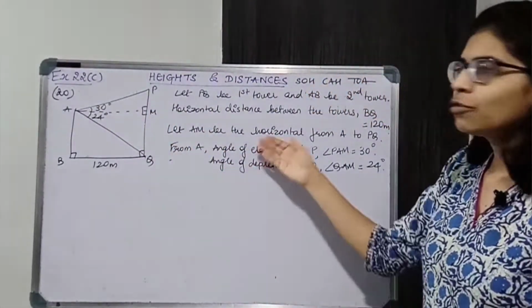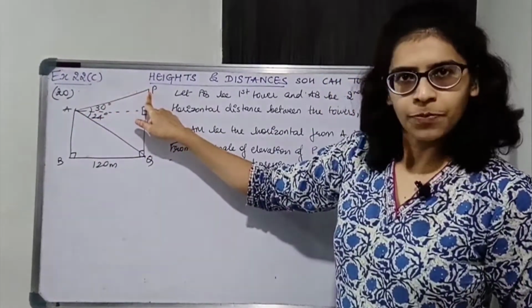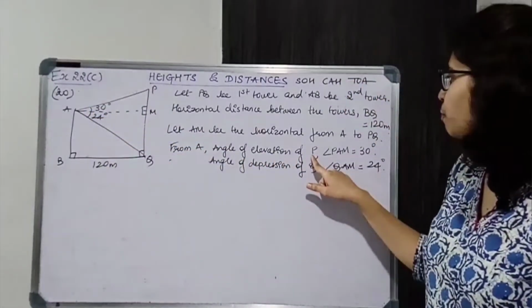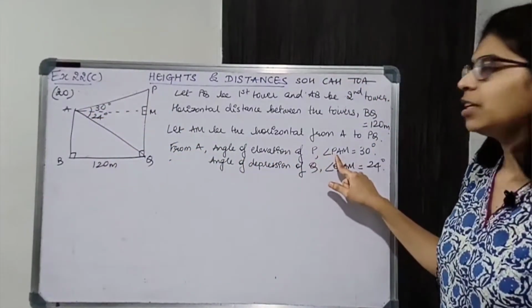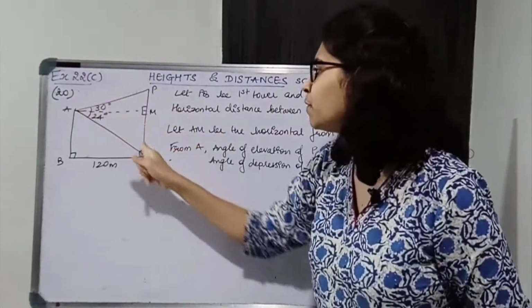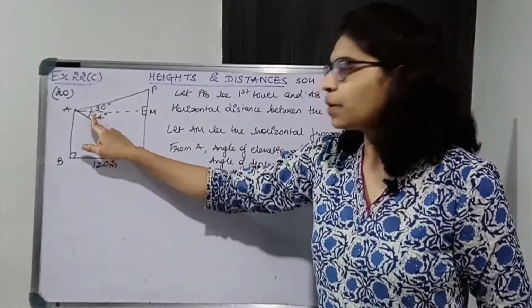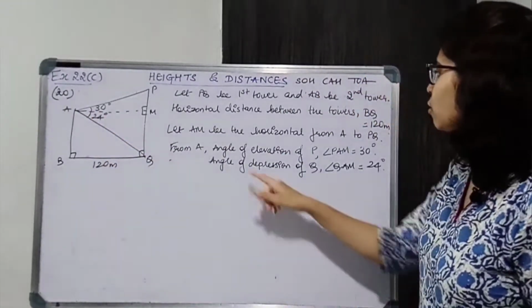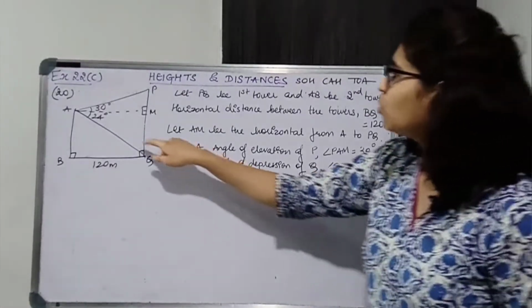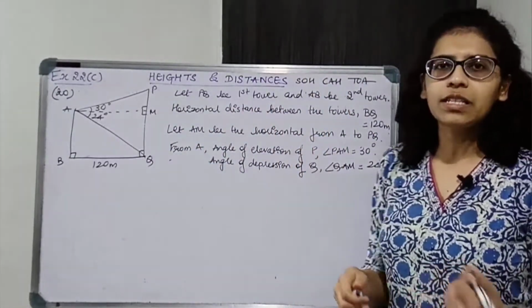Now coming to angle of elevation and depression. From A we are observing P first. So angle of elevation दिया है, it is 30 degrees. So angle of elevation of P from A is 30 degrees. So angle PAM is 30. Then from the same point we look at bottom of the first tower. So it is 24 degrees. All right, so angle of depression of Q is 24 degrees, that is angle QAM is 24 degrees. All right, now we'll start with the solution.